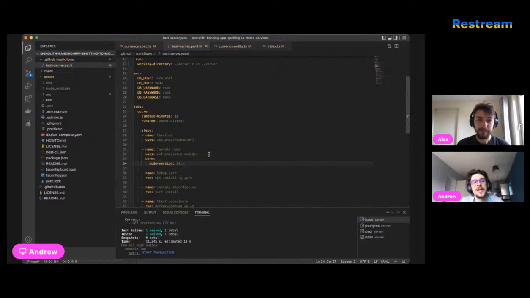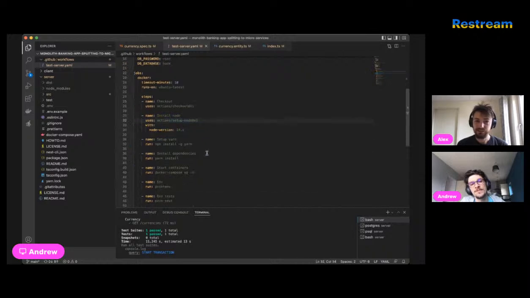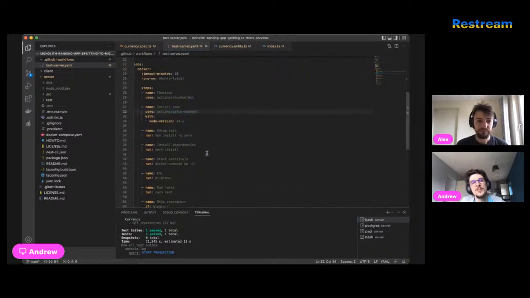Yeah, but anyway, the main idea is that you can just reuse these actions from somewhere, and it's open sourced, as we all like open source. If you don't use an action, you can run your own command. So you can use the run command and basically describe what exactly you want to do here.